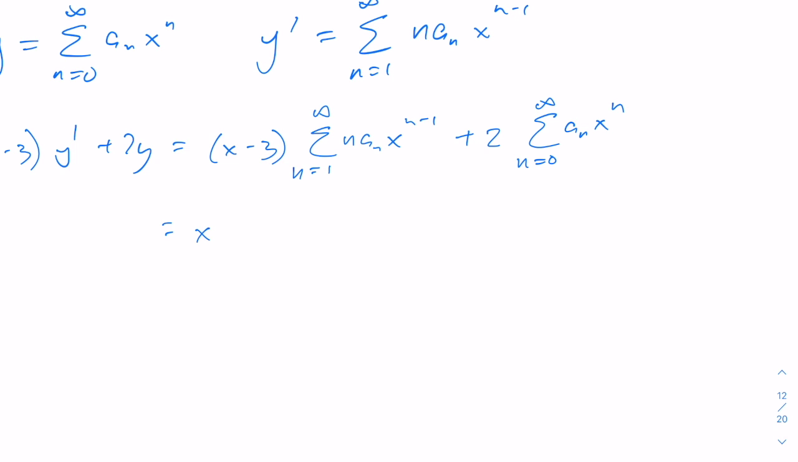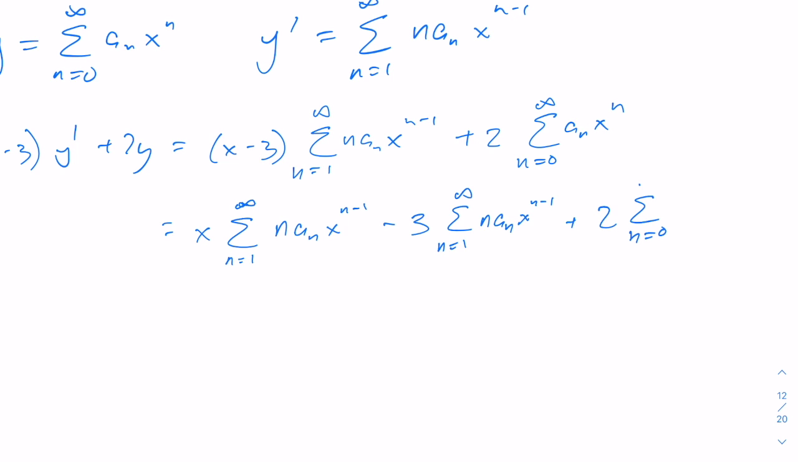So this is going to be x times the series. We're going to split this up with the x's and the not x's. x times the sum of n a_n x^(n minus 1), minus 3 times that series, n equals 1 to infinity of n a_n x^(n minus 1), plus 2 times the sum n equals 0 to infinity of a_n x^n. Good. All right. Well, this first one, the x goes in. It's the sum n equals 1 to infinity of n a_n x^n,